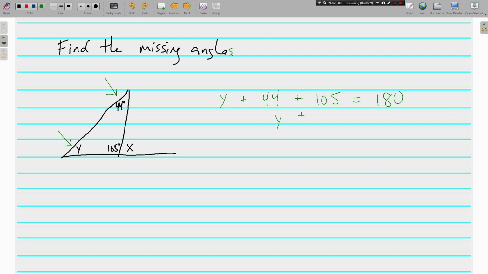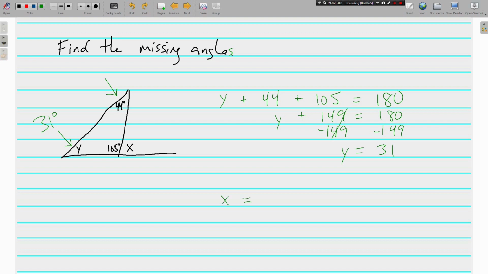Y plus 149 is equal to 180. Subtract 149 from both sides, and we figure out that Y is 31. So this would be 31 degrees. And now that we know that,